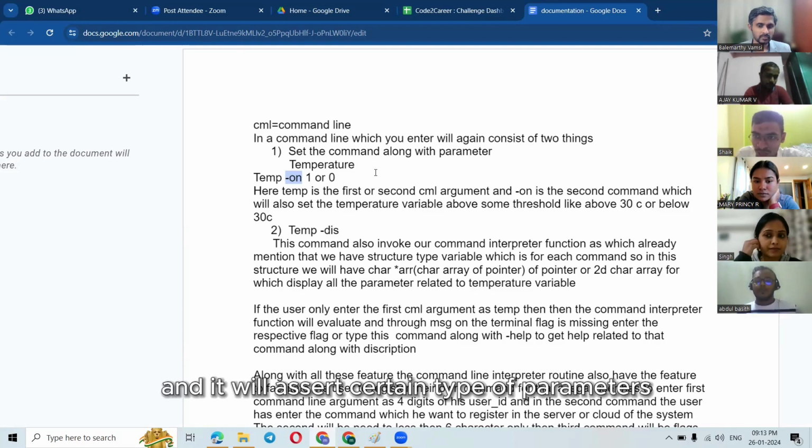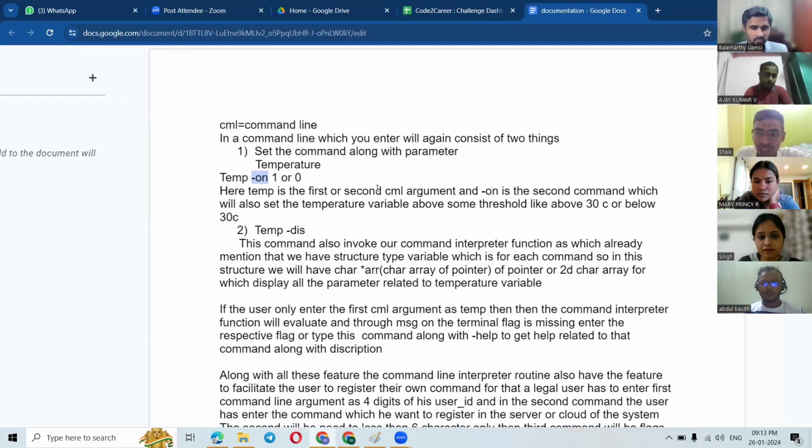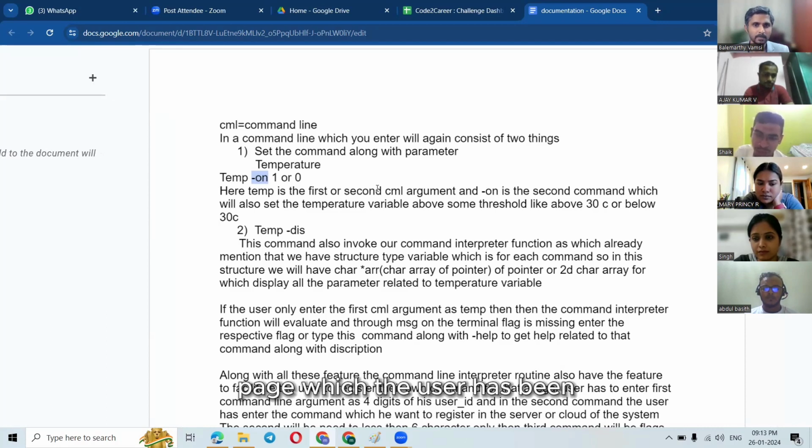It will set certain types of parameters. If anything is wrong, it will simply print that the entered command is wrong, or some error message, and it will come back again to the page which the user came to after login.